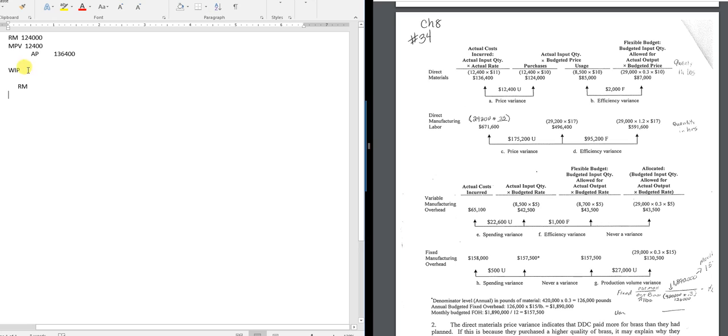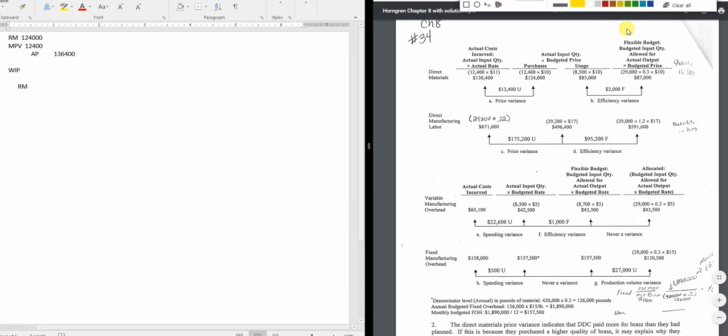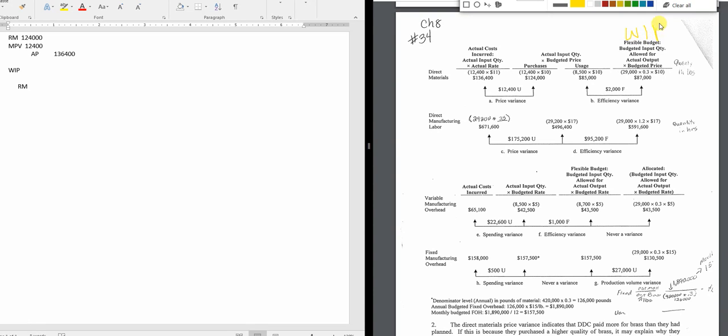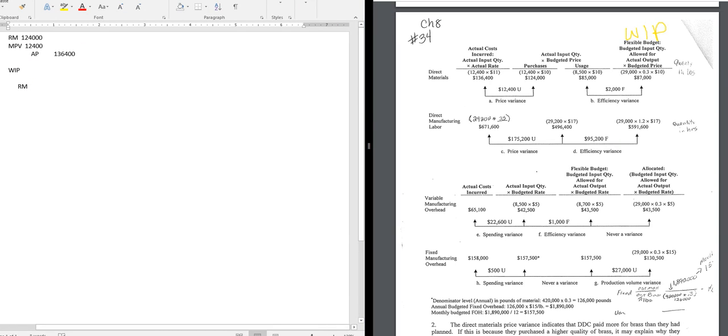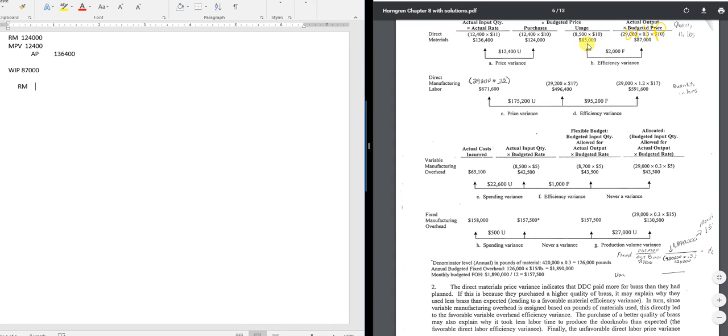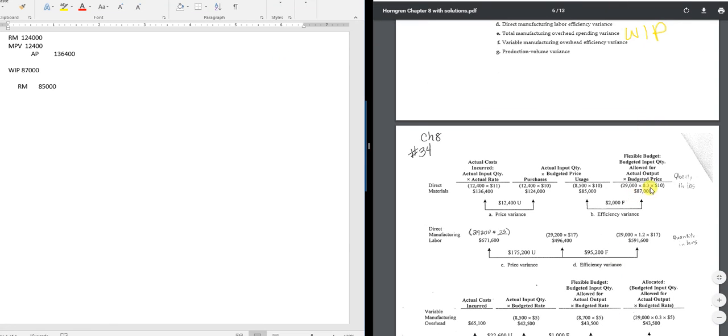Okay, so now the question is, how much? Well, I always credit WIP for this side over here. This is always WIP because I'm moving it through at a standard cost. Okay, so I'm going to debit WIP for $87,000, and it's coming out of raw materials also, notice, at standard cost, but I'm going to do this one, so $85,000. Okay, because this one is basically going into WIP not only at standard cost of $10, but the standard